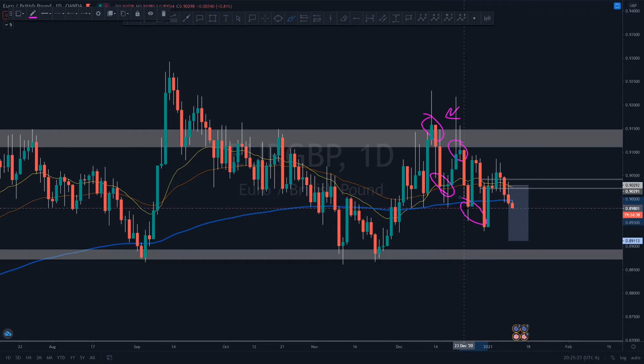So now it's no longer making higher highs and higher lows. Now it's making lower highs and lower lows, right? And it continued to do that. It continued to make lower highs and lower lows. So with that being said, since price was here on the daily time frame, it broke through